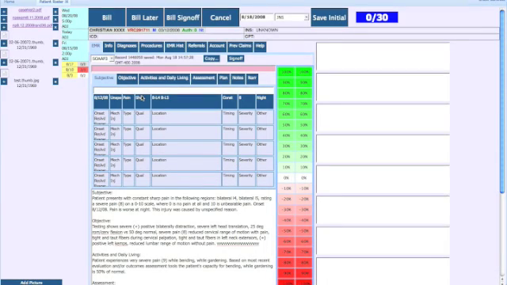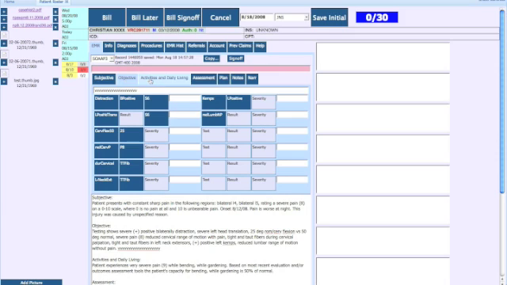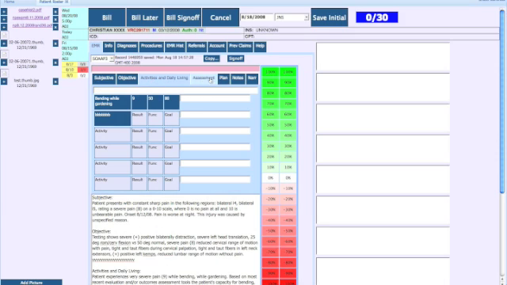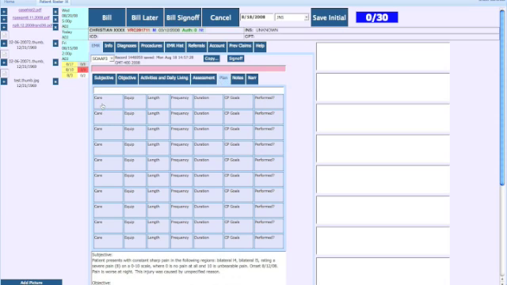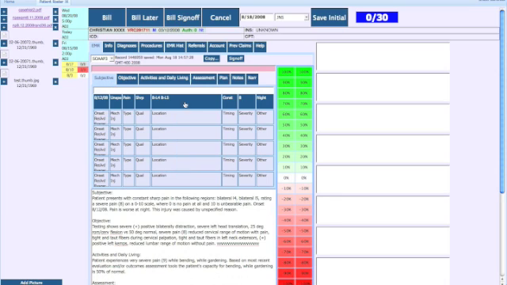Okay, so now we're going to talk about the plan section of the SOAP note. And you can see we went through our subjective, objective findings, activities of daily living, and the plan. So if we look at our subjective findings, we said the patient had some pain in the lower back, but